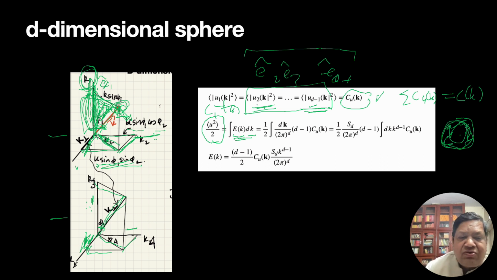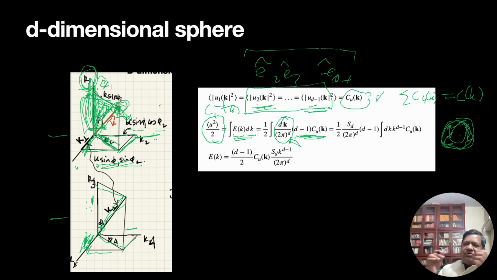But we also know the total energy in terms of components. There are d minus 1 components, so d minus 1 times C of k, and I integrate over the whole volume, dk. And one more thing, this 2 pi to the power d. This is a prefactor which floats around in field theory all the time, and this is connected with the Fourier transform in